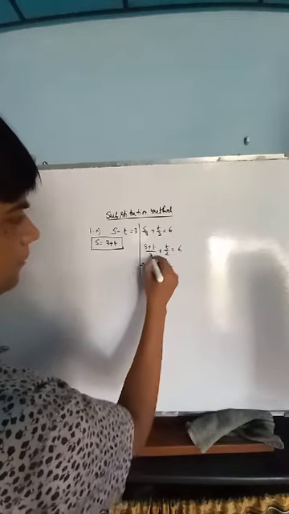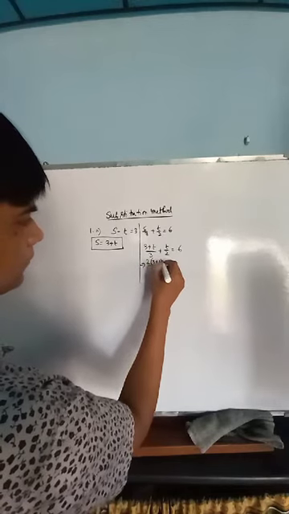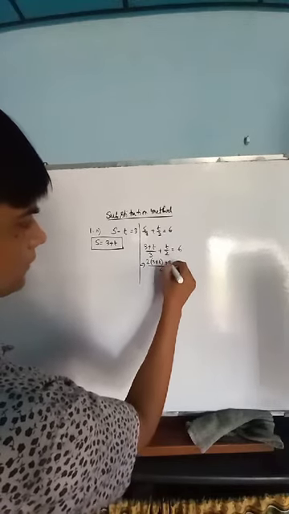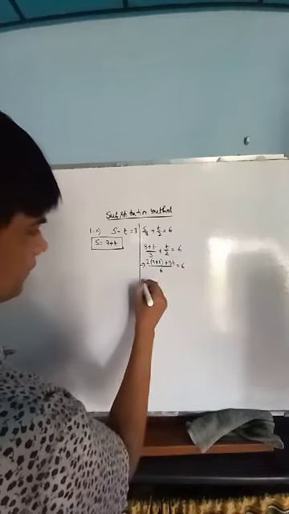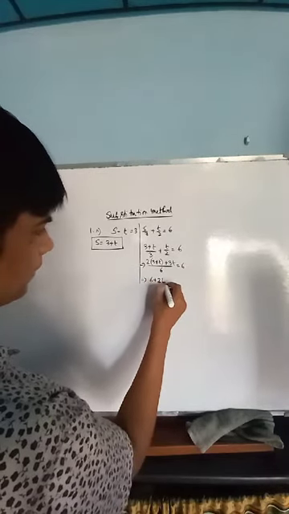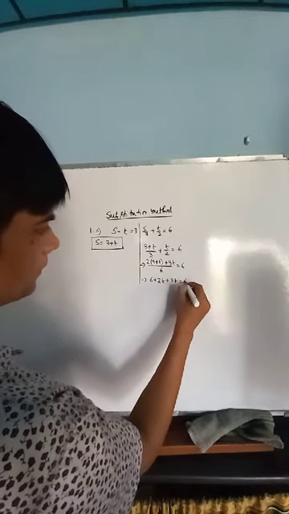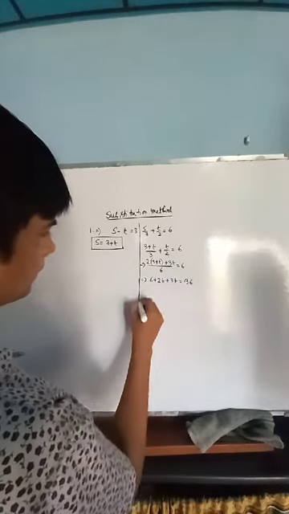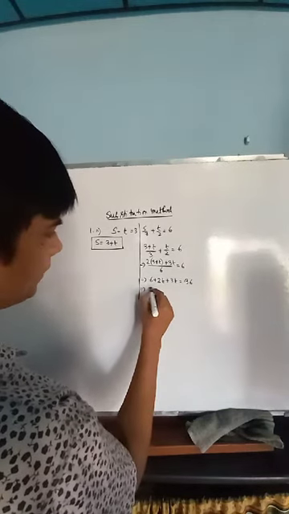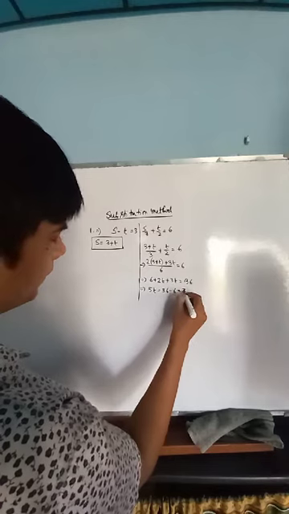Now 6 will be the LCM, 3 2 is 6. So 2 multiplied by 3 plus t, plus 3t is equal to 6. 2 3 is 6, plus 2t plus 3t is equal to, do the cross multiplication, 3 6 is 36. So 2t plus 3t, 5t is equal to 36 minus 6, that is 30.